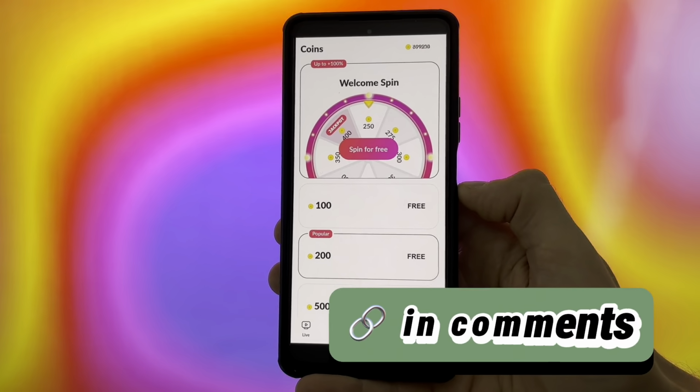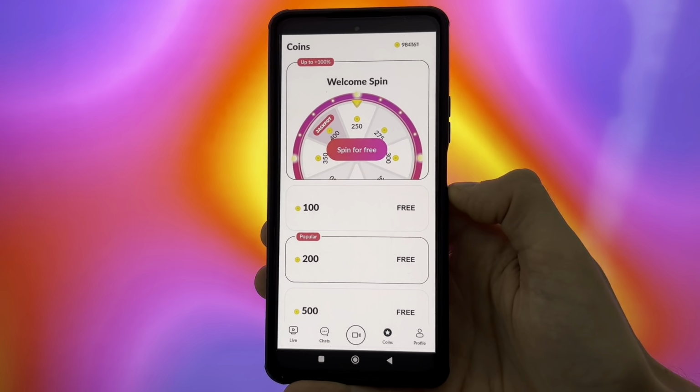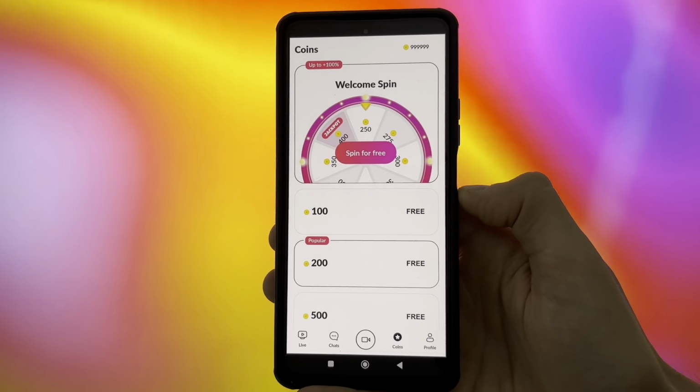All you have to do now is to simply head over to the pinned comments down below. There, I explain exactly where you can get Tango++. So just head over to the pinned